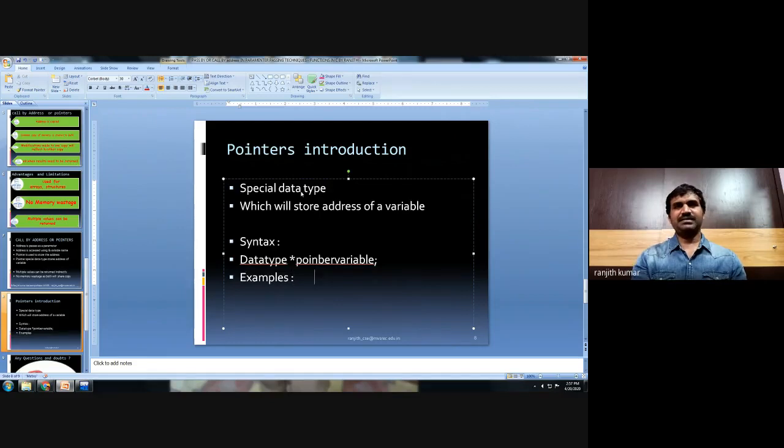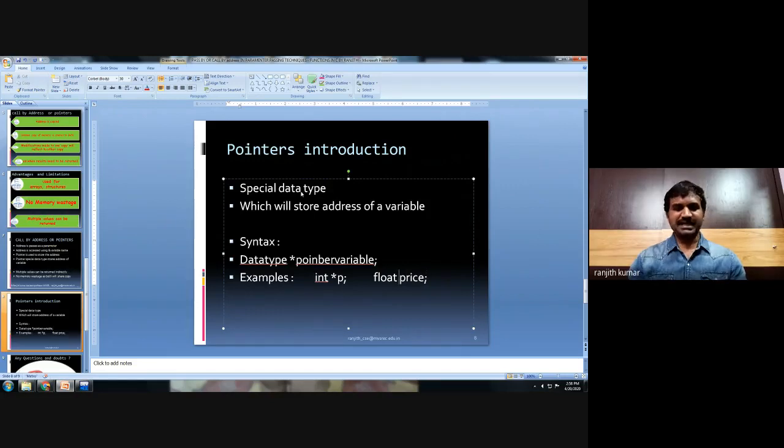Examples: int star p is an integer pointer. Float star p is a float pointer. Int star p, float star price.